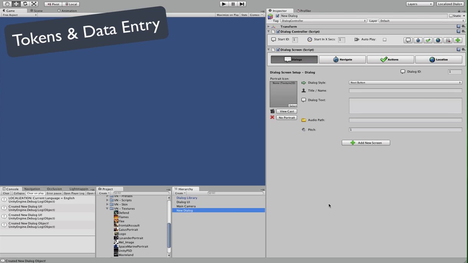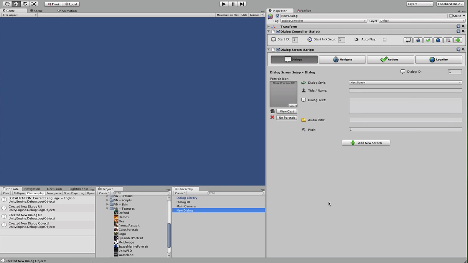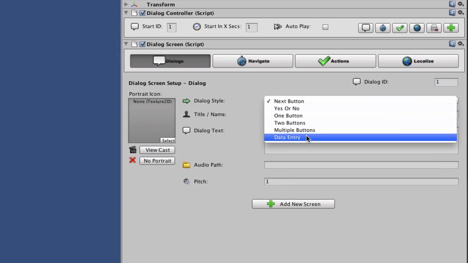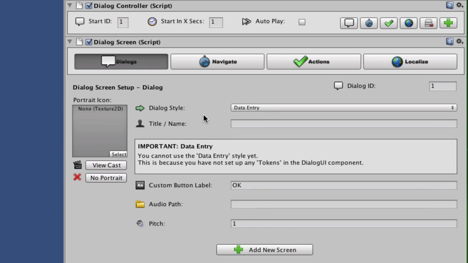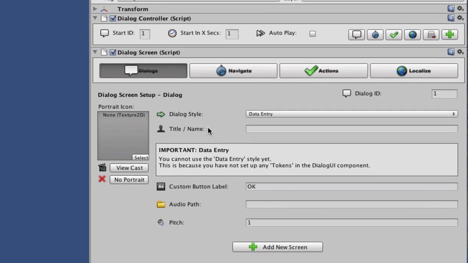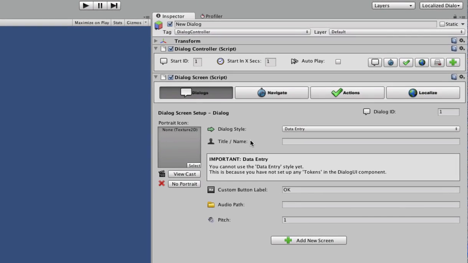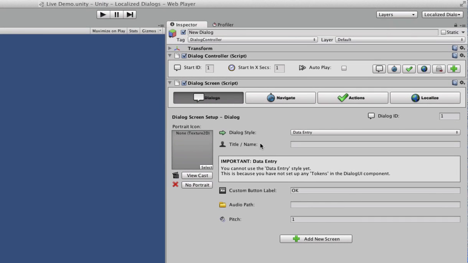We're going to start by explaining what tokens are and how we can use a new dialogue style, the data entry dialogue style specifically, how these two features work together. So the idea of data entry is to grab some data, obviously, from the user in the form of an input box, and in this scenario we're going to actually try and get their name. So we're going to basically ask the player to give us their name, and we're going to apply this name